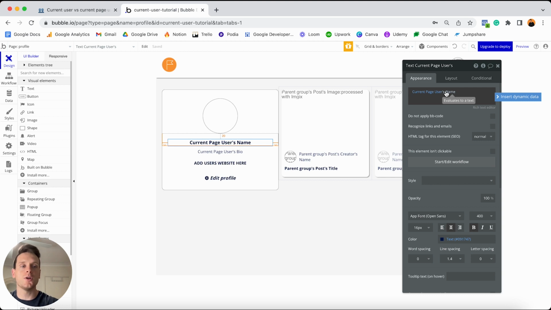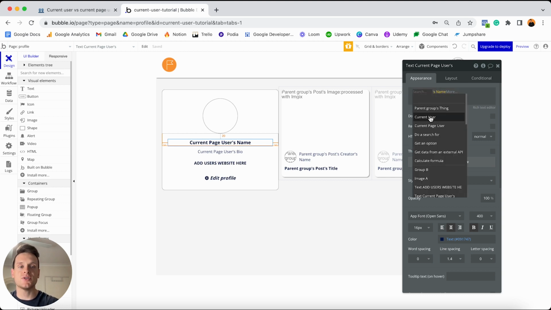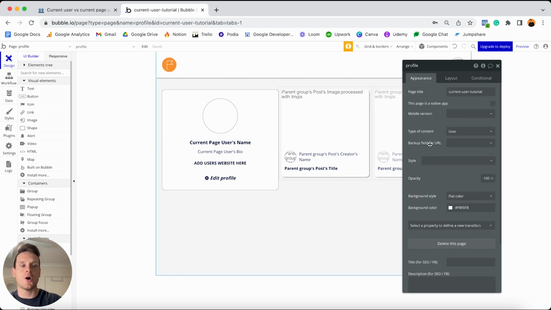You don't need to all of a sudden change this to be the current user, because in this case, the current user is in fact also the current page user. Now, there's a few additional things I should just point out here. If you're relatively new to Bubble, this is going to be quite helpful in understanding how we can actually send data between pages. So if we've taken the time to set a type of content on the page,